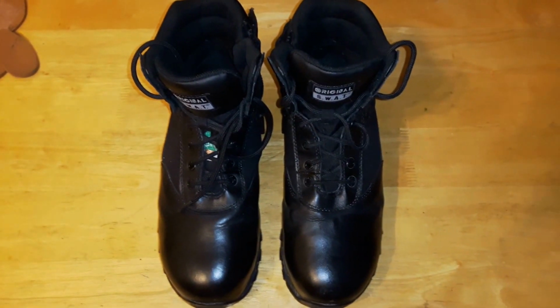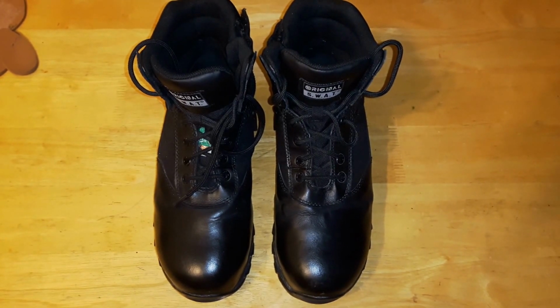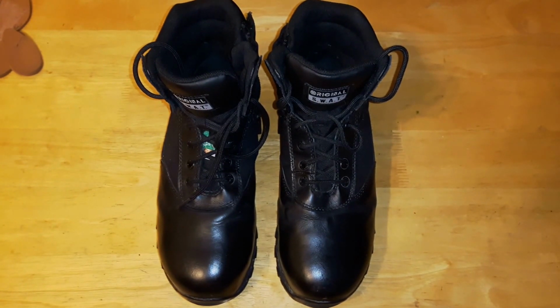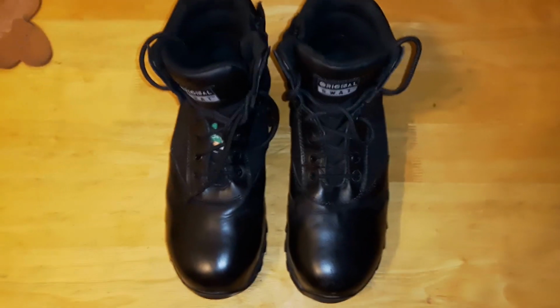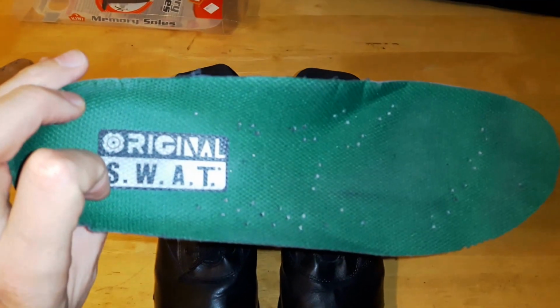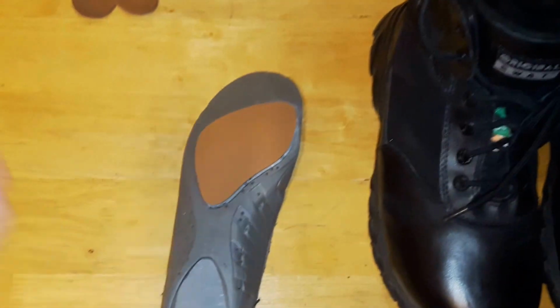But there was one problem that I had, and I talked to the company that makes Original SWAT, and they were insistent that the issue was just a defect with my boot, that it usually doesn't happen, that they haven't had complaints about it. And that had to do with the insoles. So these are the insoles that come with them, Original SWAT, and they have these brown pads on the bottom,